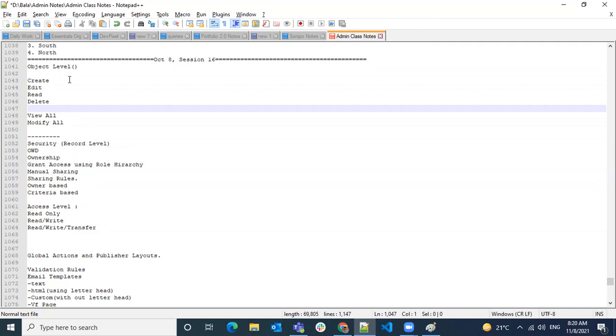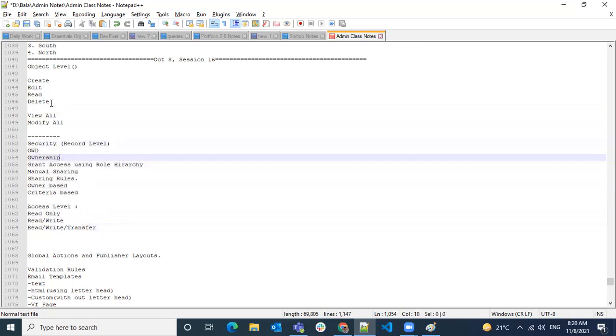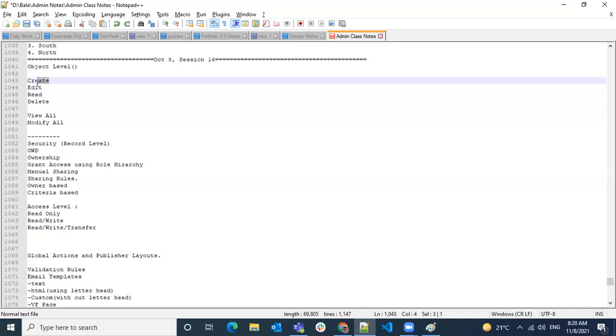Okay. Now again, dig deeper. Once you have read permission, you can see the records that you have permission for. What you can read is going to be decided by the record level security. Okay, that we can see next. So again, let's say you have seen some records, and you don't have create permission.